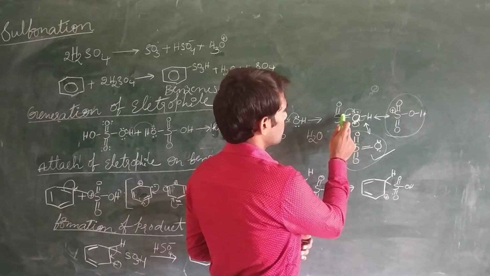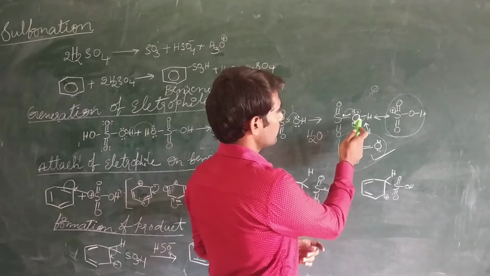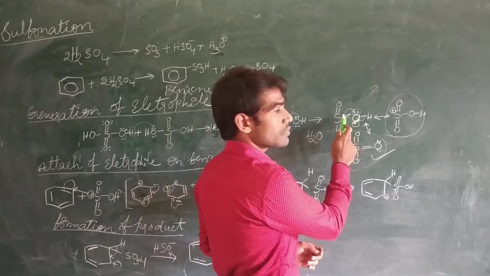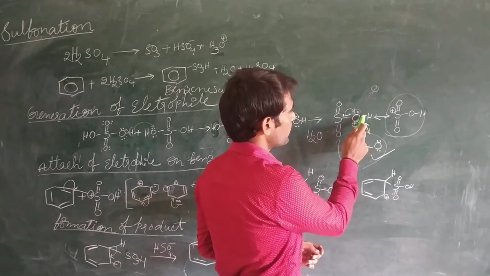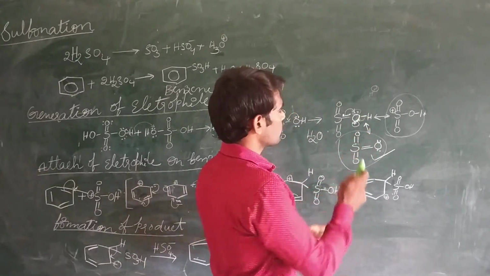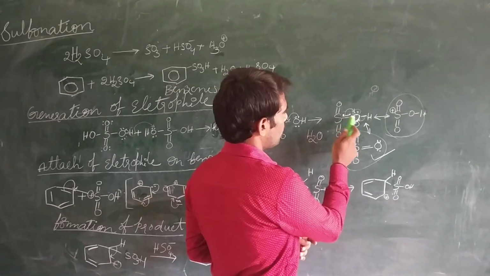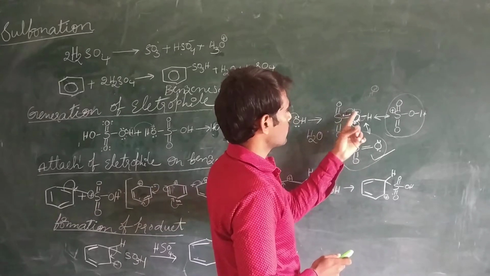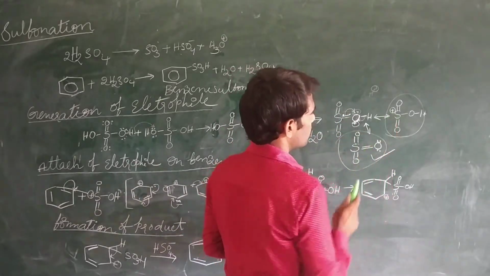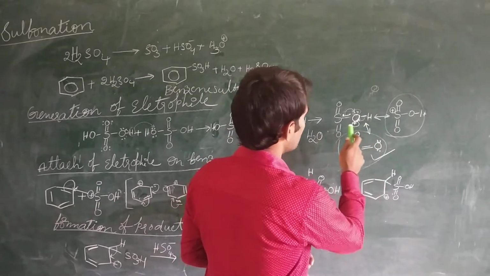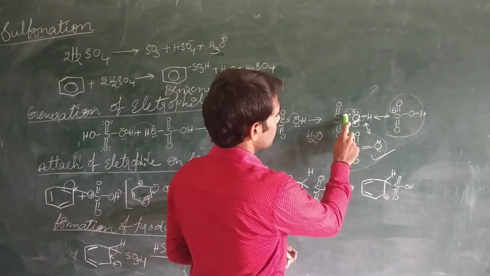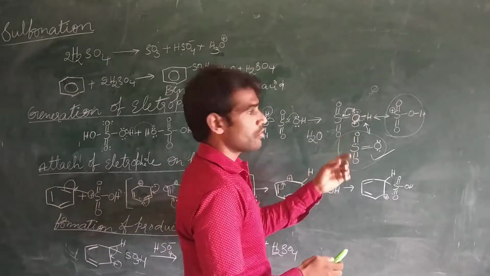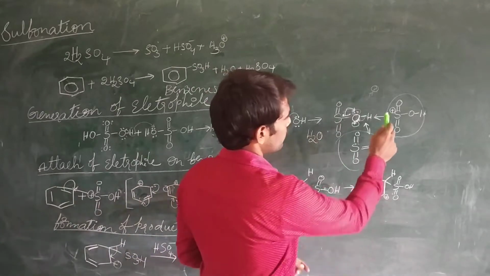So between these two, the electrons given by the oxygen atom at one time, if the oxygen atom is not willing to break the bond between the oxygen and hydrogen, then what happened? Again, whatever electron was donated to the sulfur atom, the oxygen will take it back. So finally, sulfur is getting a positive charge, because the bond density is moving again towards the oxygen atom. The electron that was given by the oxygen atom is now being pulled back from the sulfur. So sulfur is getting a positive charge.